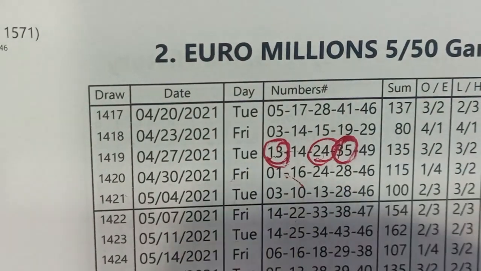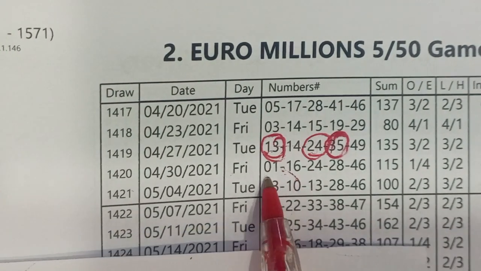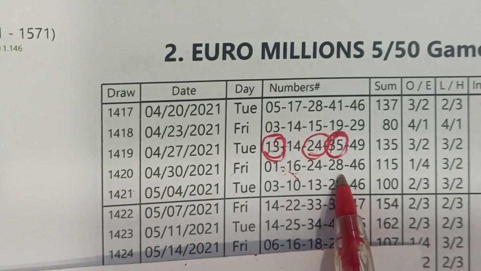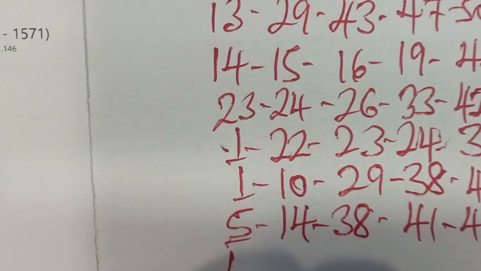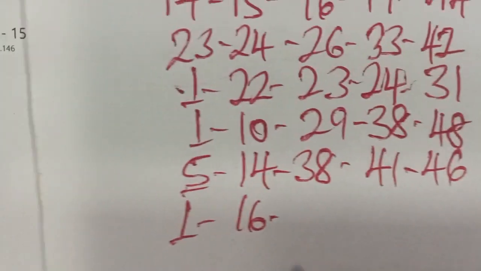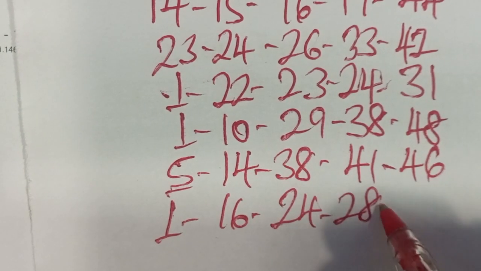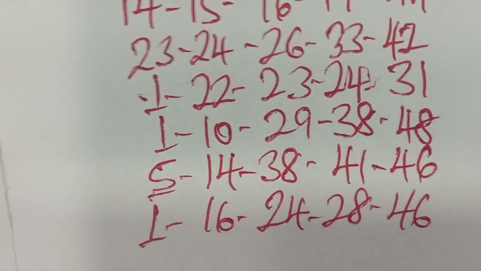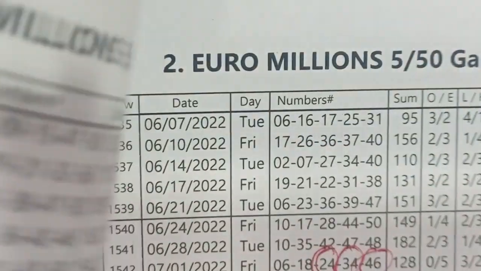All right. So let's see. We have 1, 16, 24, 28, 46. Let's pick those numbers. So we have 1, we have 16, we have 24, 28, and 46. All right. So let's move on to the last one, which is